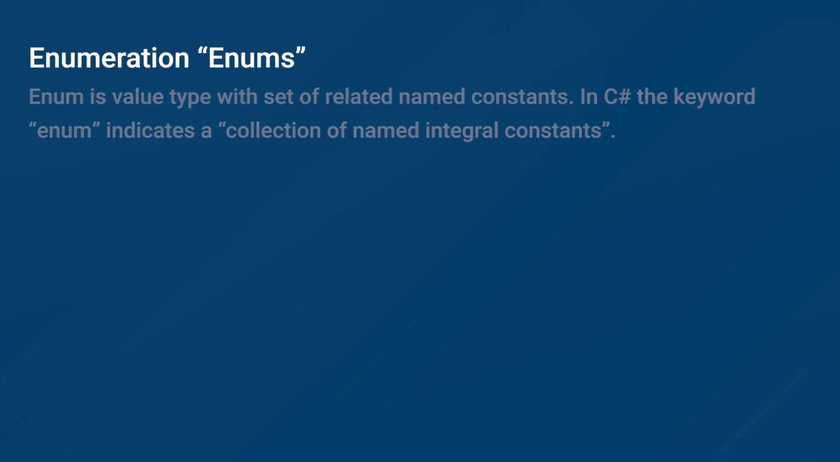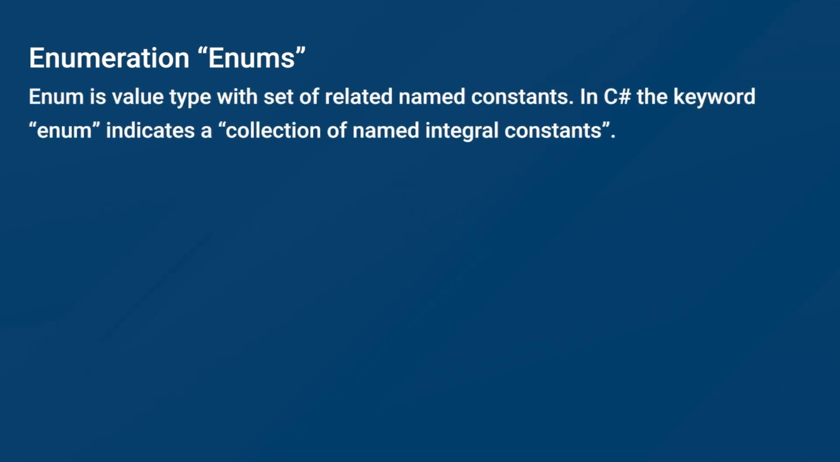In this tutorial, we'll learn about enums, or long name enumerators. Enum is a value type with a set of related named constants. In C#, the keyword enum indicates a collection of named integral constants. For many applications, we can create and manage a defined set of named constants by enum type, which is a